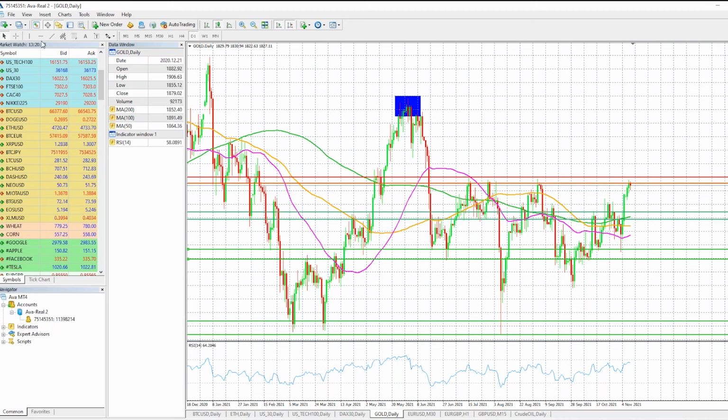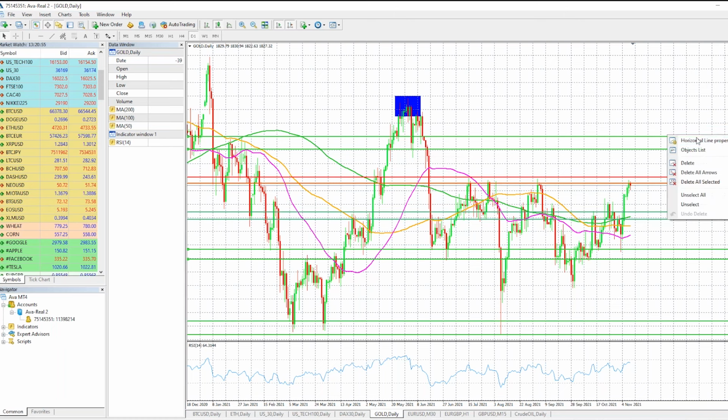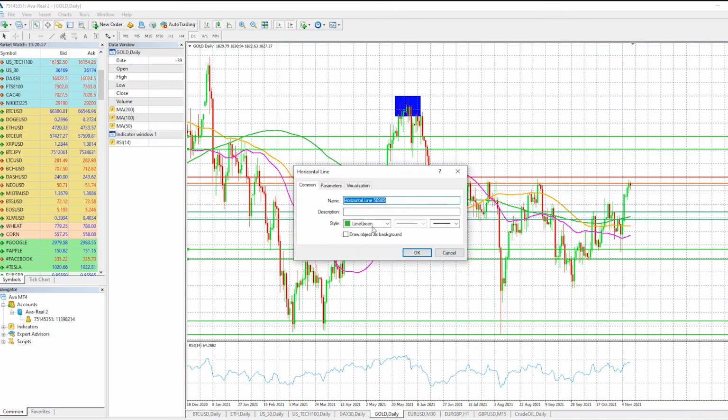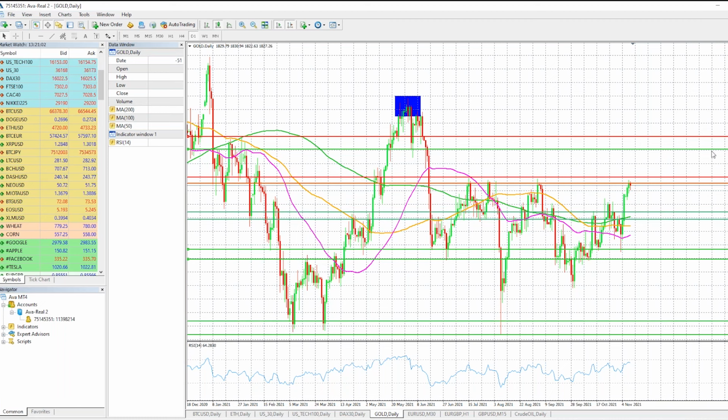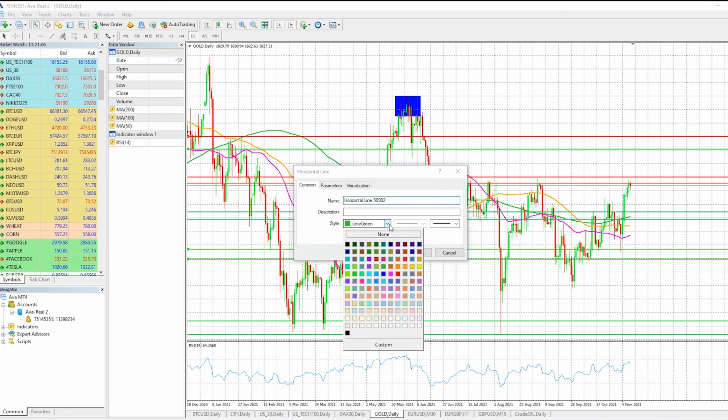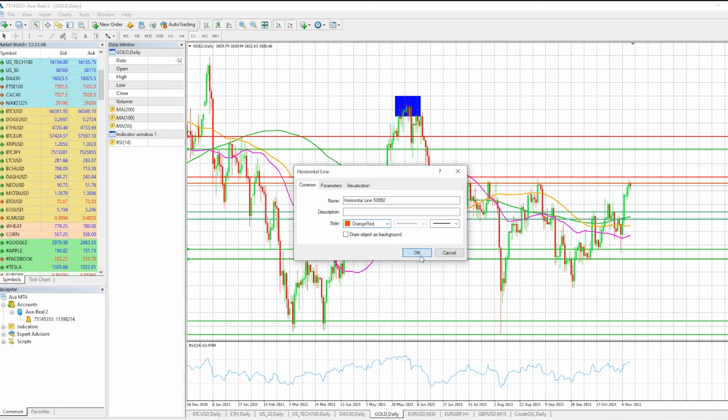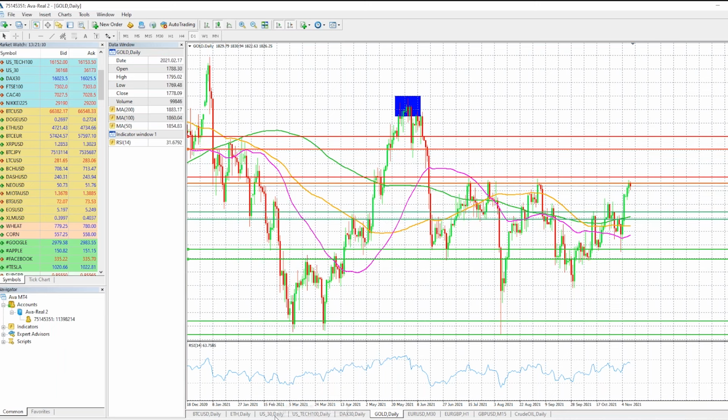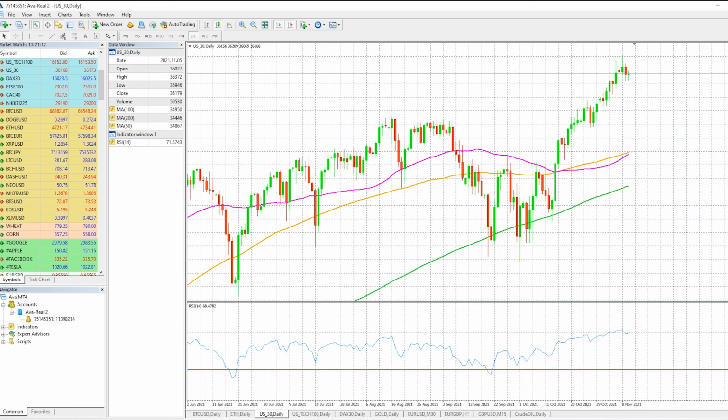In terms of resistance, the next resistance that we are focused on is at 1877, over here 1864. Again, these are your resistance, so we will change the color to red to keep things in line with everything else. Again, in now less than 9 minutes, you're going to see that particular move. What else you're going to see in 9 minutes is, of course, a massive move over here.